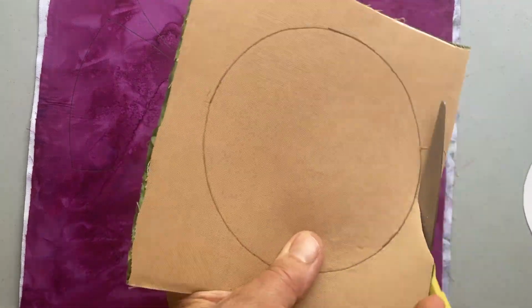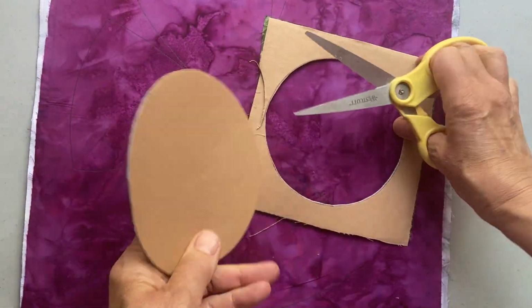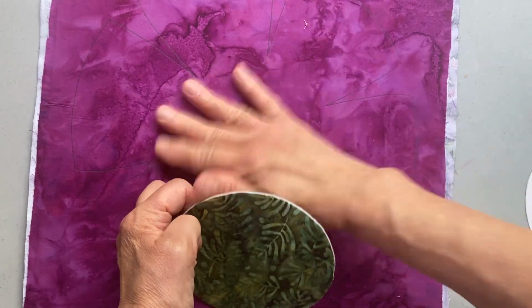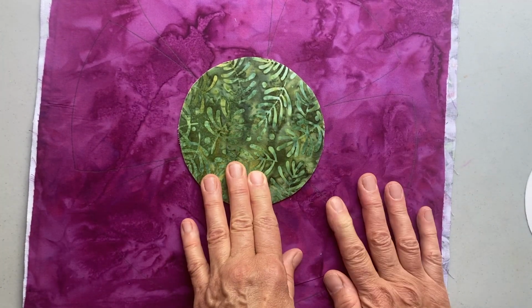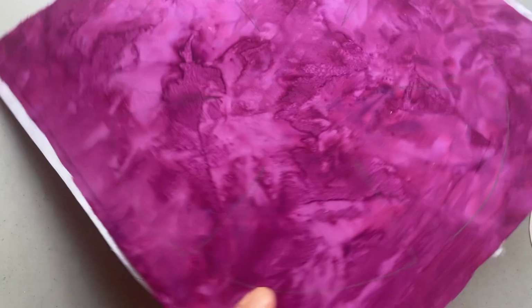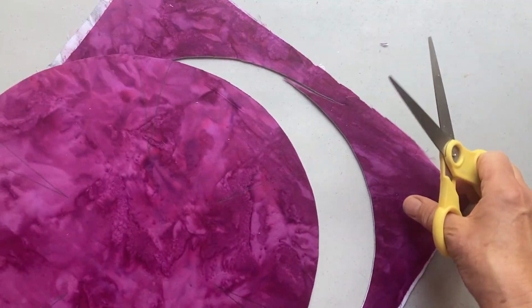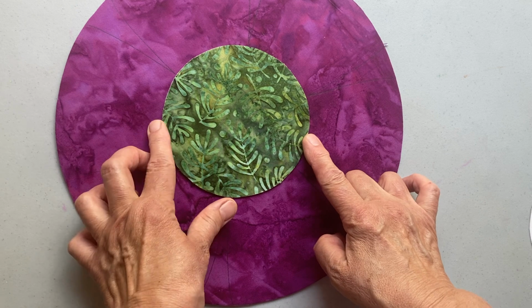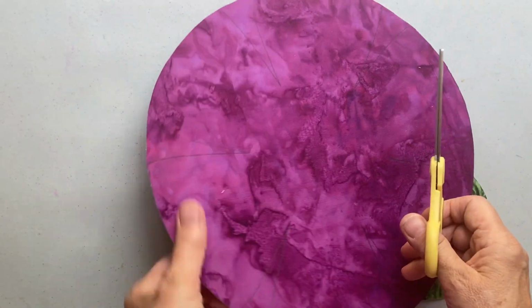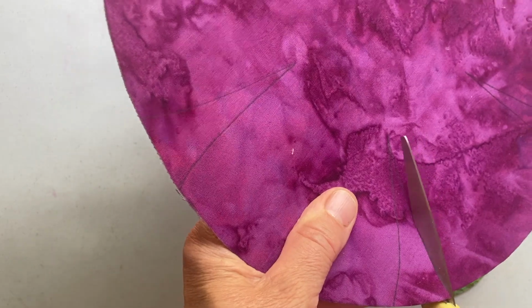So once I draw my pattern shapes on there, I cut everything out as exactly as I can. I love the way that looks, the green with a purple. That's probably one of my favorite color combinations, purple and green. I love that color combo. So I cut the bowl out as well, and then I have to cut those cuts out. Those will be sewn together